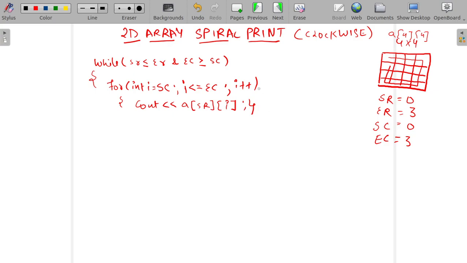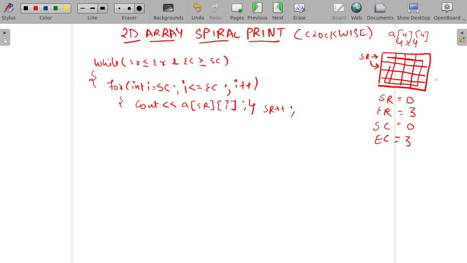Right. So after this row has been printed, we will update our start row to start row plus plus, because we don't want to print this row anymore. We will not use this row anymore. Okay, so in the later part we have to write a loop to print this column. We have printed it till here, and initially start row was pointing at this, and now we have updated our start row, now it is pointing here, right?